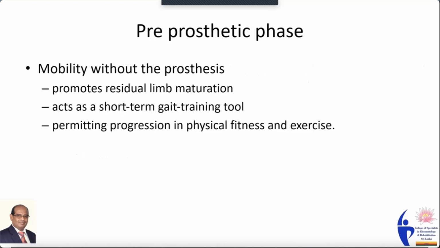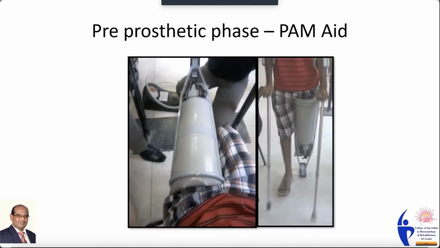So, when you do mobility without prosthesis, it promotes residual limb maturation, acts as a short-term gait control, is a great training tool, and permits progression in physical fitness and exercise. There are different devices that can be used in this stage, which will help the ability to walk,